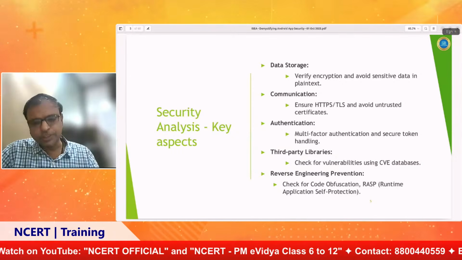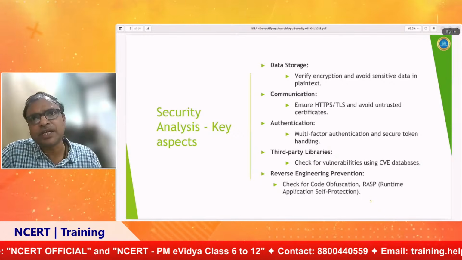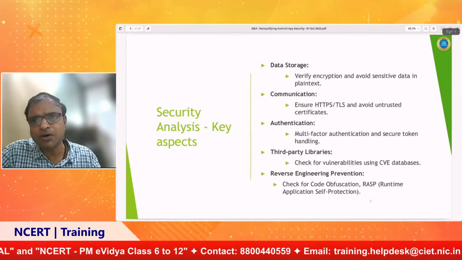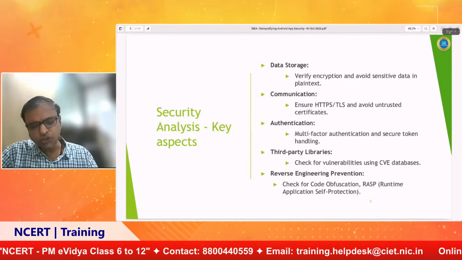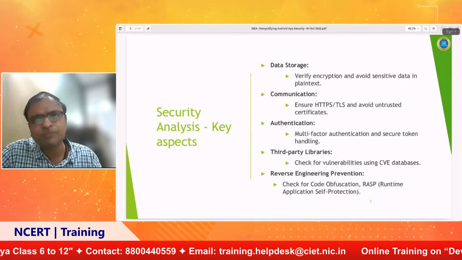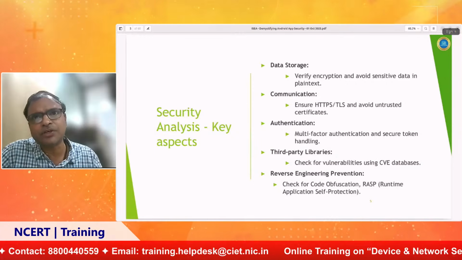There could also be third-party libraries which already have reported vulnerabilities, implemented as part of the source code in the application. This could help the attackers to perform certain attack vectors